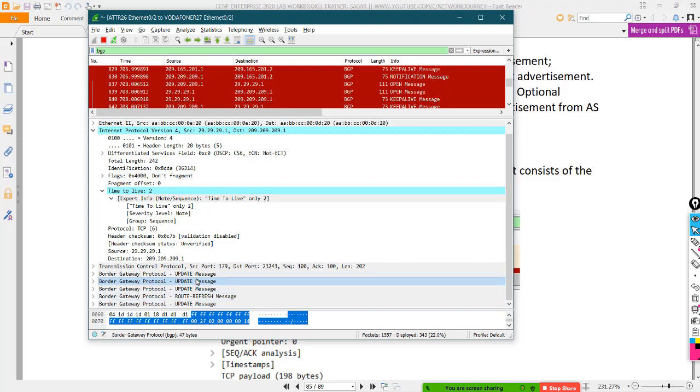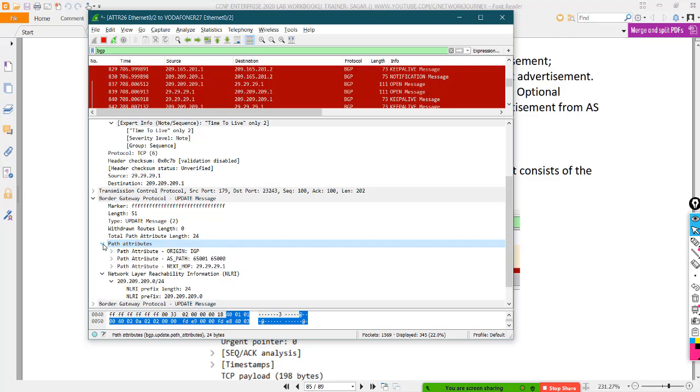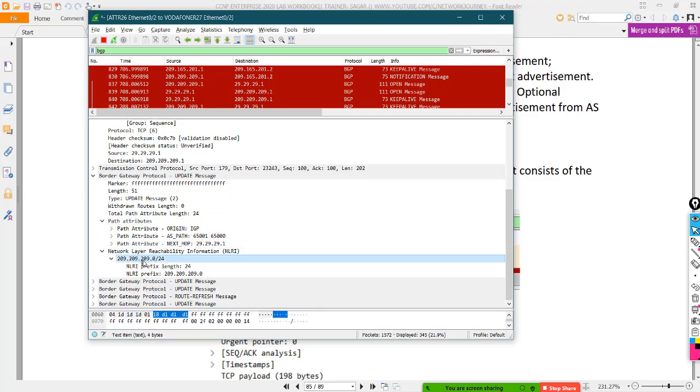Now this update message could be global for 5 prefixes, but it's not required that all these 5 prefixes have the same parameters or the same policies, right? One could have some attribute, the second could have another attribute. To differentiate that, we are making use of NLRI. So whatever the path attributes are, they're associated with this network.